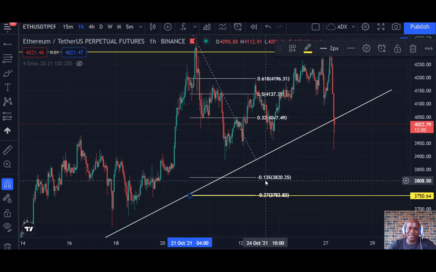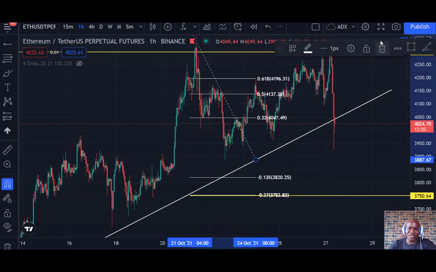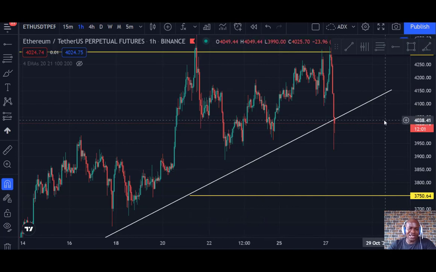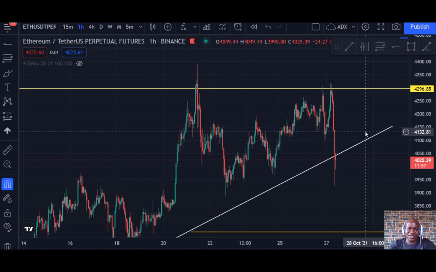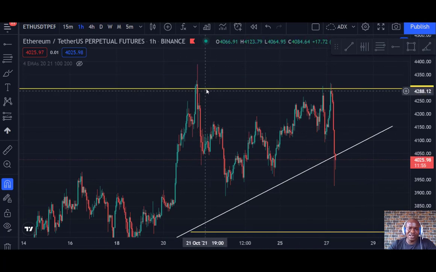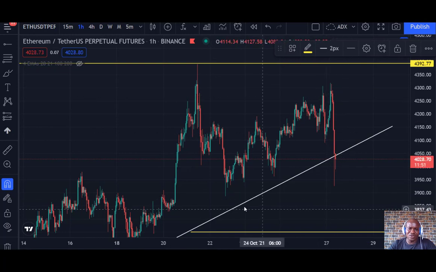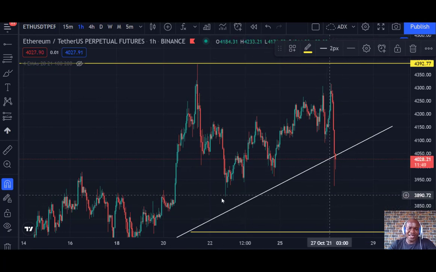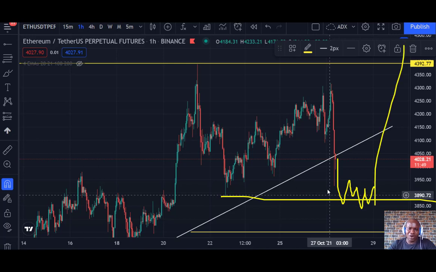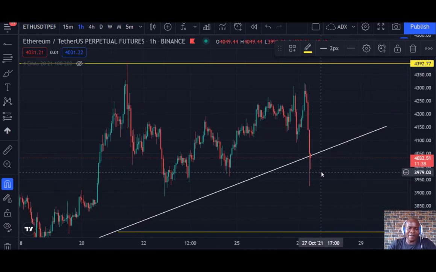So this is where we are expecting two ways. Either it comes here or it tags this low before going up. But if you take a look at it, since Ethereum did not break this previous high here and it started reversing here, we're expecting two things. Either it tags this low multiple times, proving that it's going up, or it comes to this point, guys. So those are the two areas we're expecting the market to reverse.